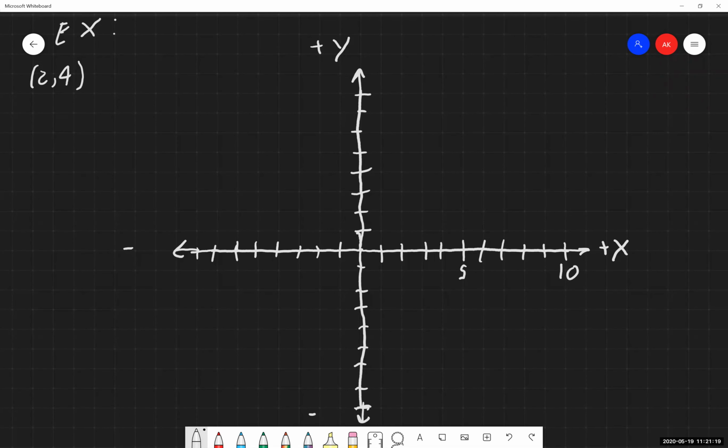So I've labeled and I've determined that my horizontal axis is going to go by 1s, which is fine. And then I'm going to go in the opposite direction, negative 1, 2, 3, 4, 5, 6, 7, 8. So something like that, that is all I would need to see to know, okay, you've labeled the horizontal axis by 1s. Good to go.